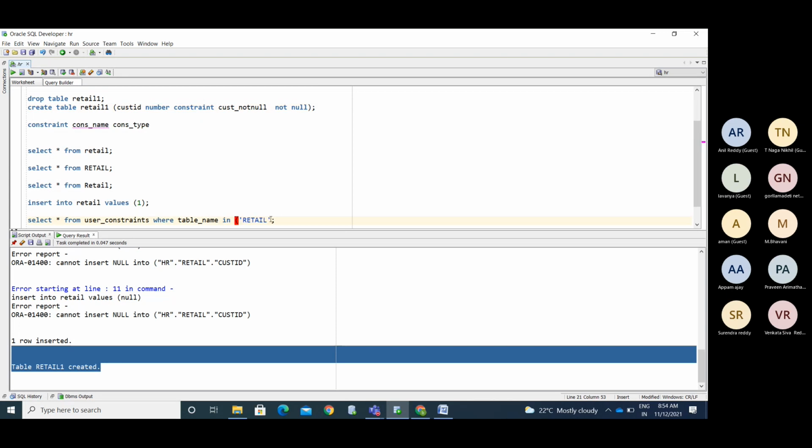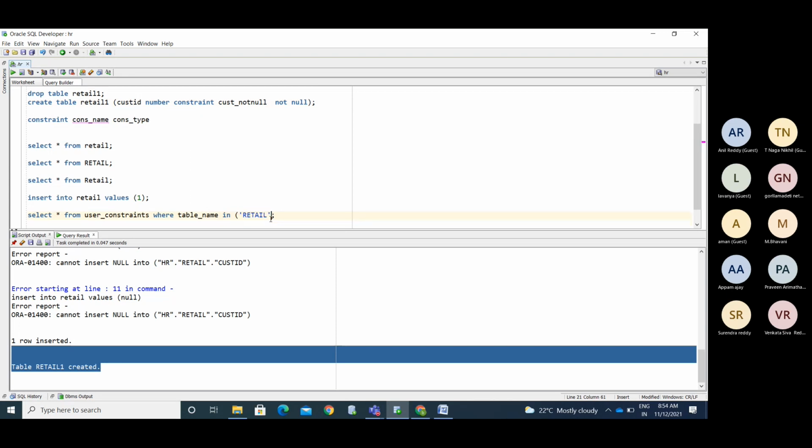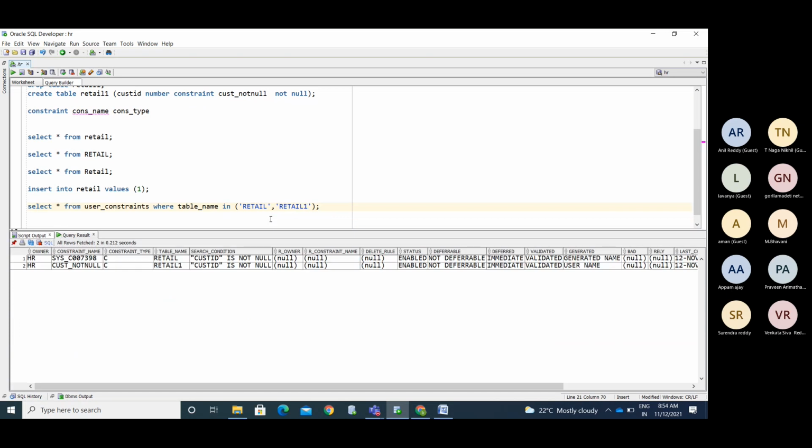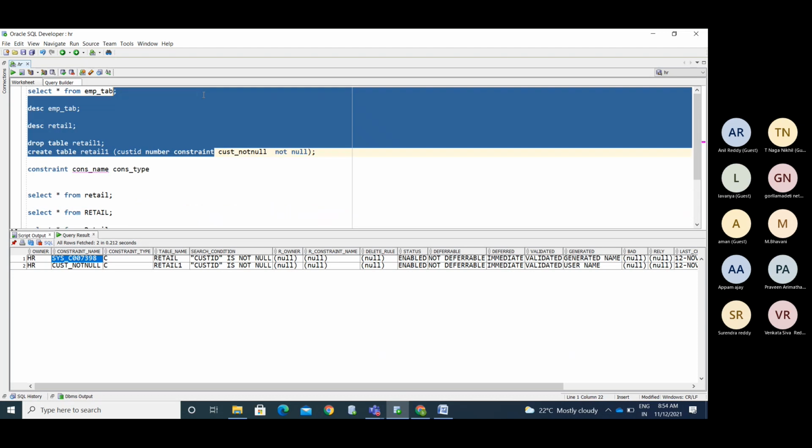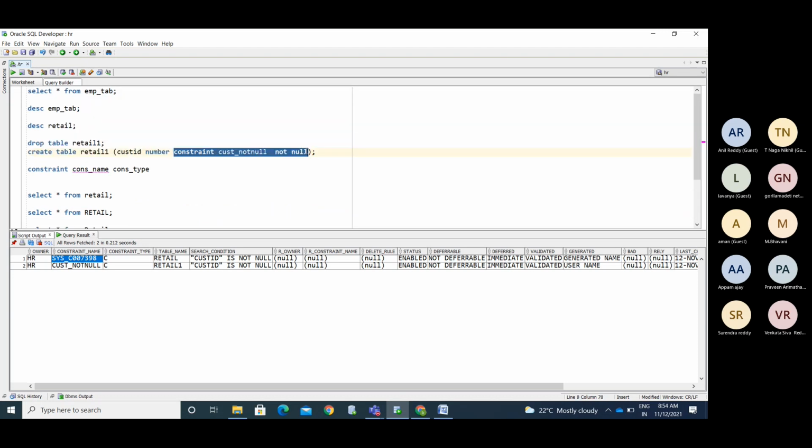See, in the earlier case the system defined the constraint name. Now I have created my own name. So this is the syntax if you want to define the constraint for that column. If you haven't provided this, the system can also do the needful for you.